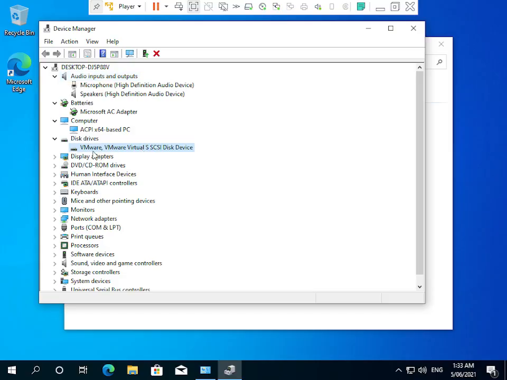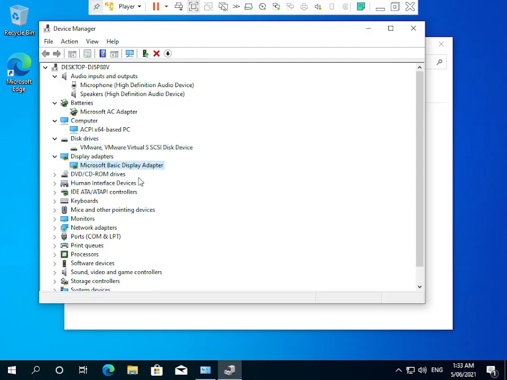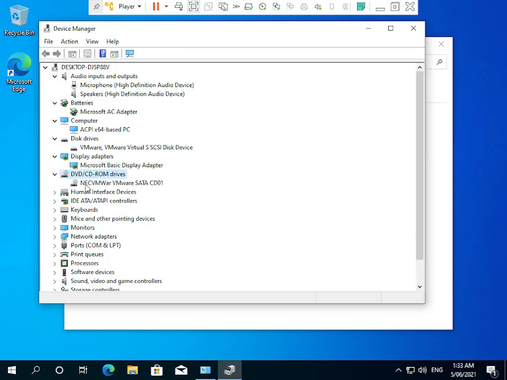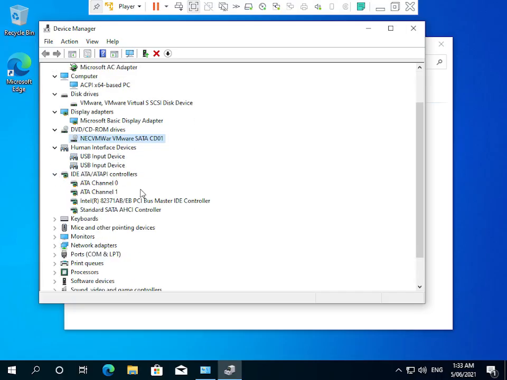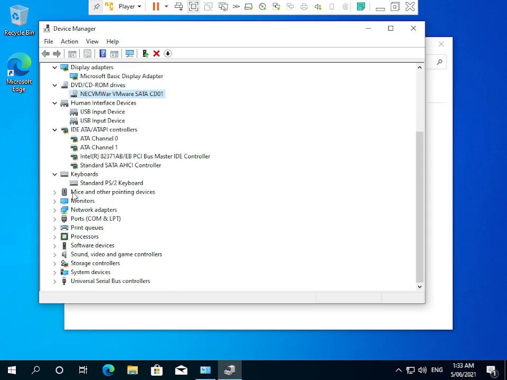At the moment, we've got VMware virtual machine SCSI hard disk, display adapters, our graphic display, CD-ROMs, we've got a virtual CD-ROM, which is SATA, human input devices, hard drives, the chipset it's using, Intel standard SATA, keyboards, PS2 keyboard, mice, PS2,